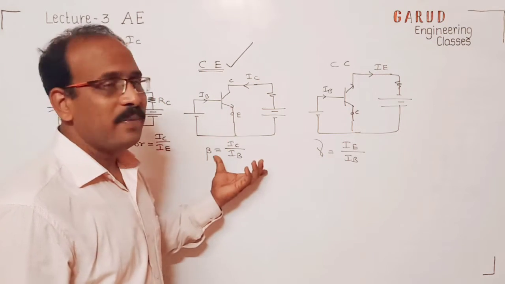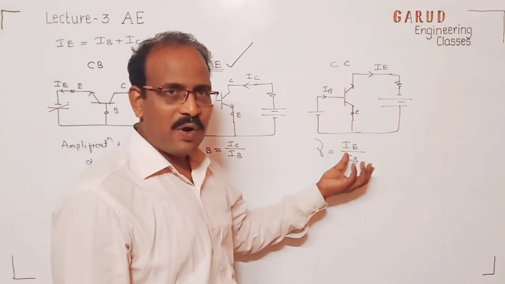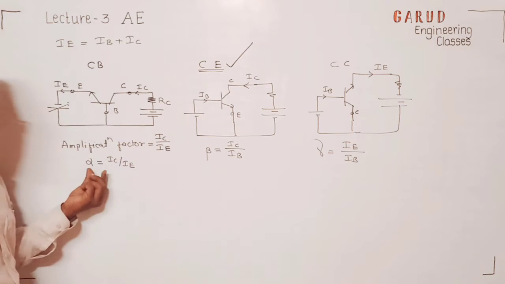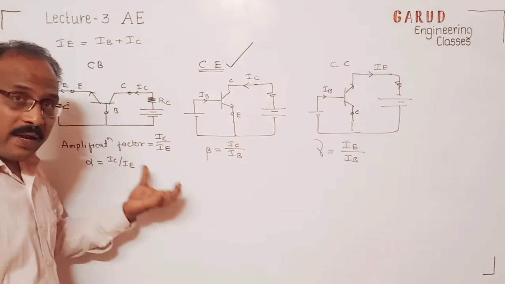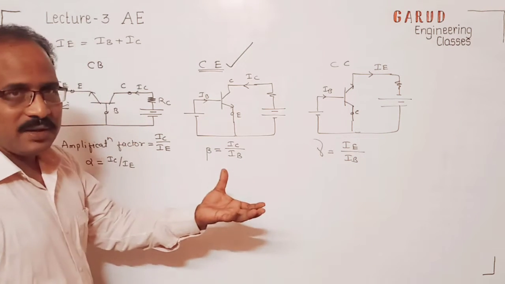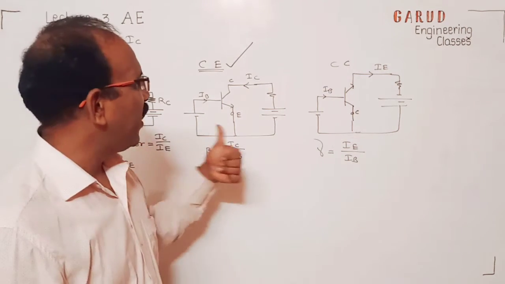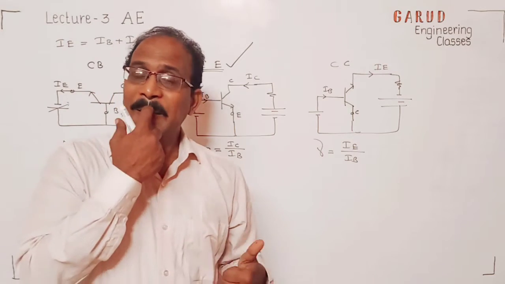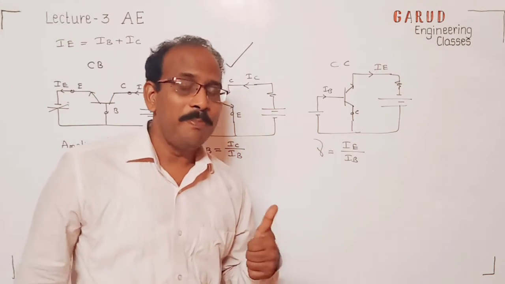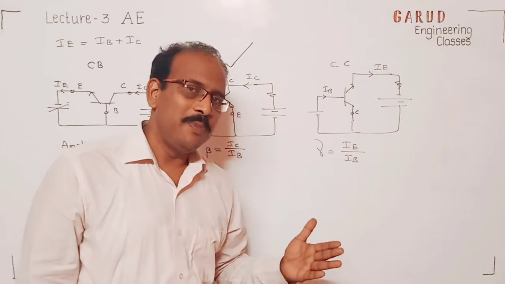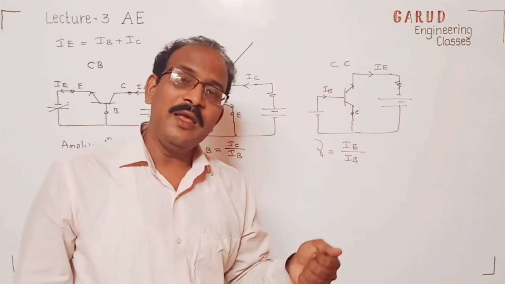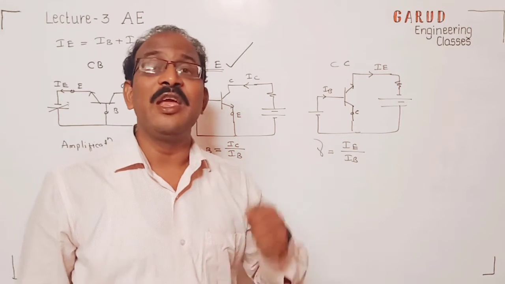Then also we use common emitter. Why not common collector? Why not common base? Alpha here, we can say, is less than 1. But then when to use this and this? If we use common emitter, correct? First thing I want to tell you, why only NPN? Why not PNP? We can use PNP also, but NPN is good for fabrication.